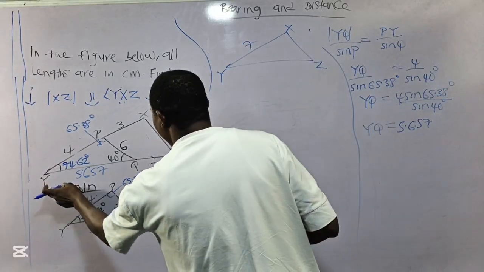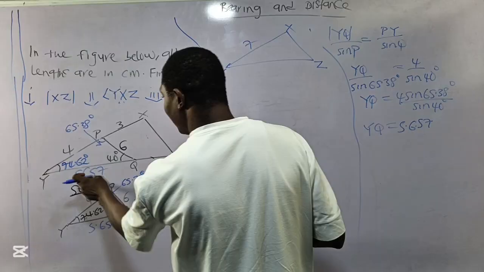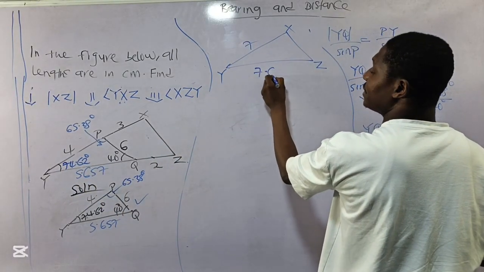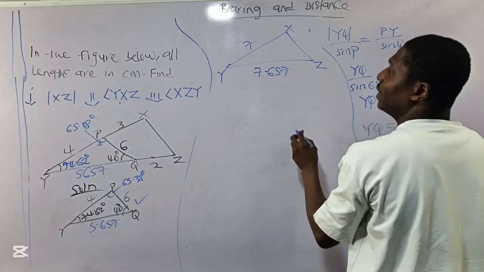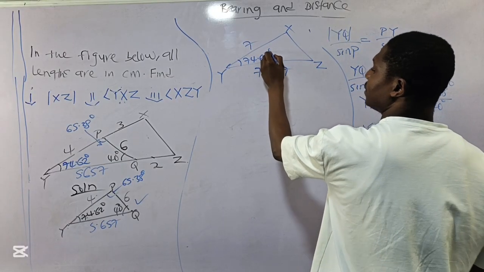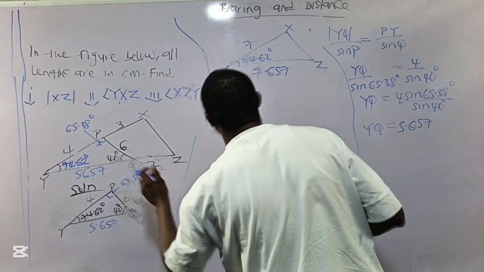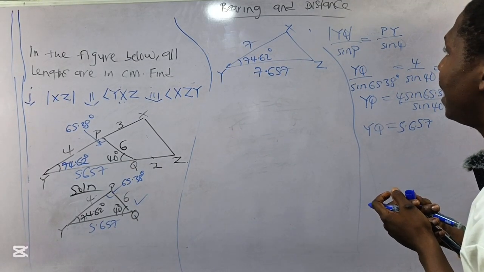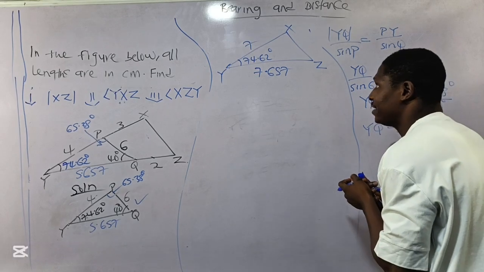And YZ in the same way will be 5.657 plus 2, giving me 7.657. Now I know my angle, which is 74.62 degrees. Now I'm no longer using the inner triangle, remember. Now I know two sides and an included angle. I can simply use my